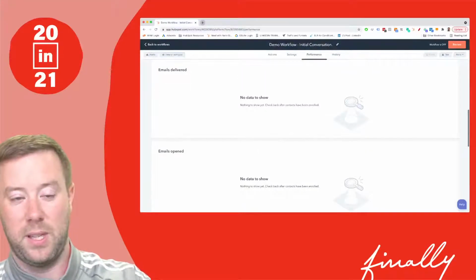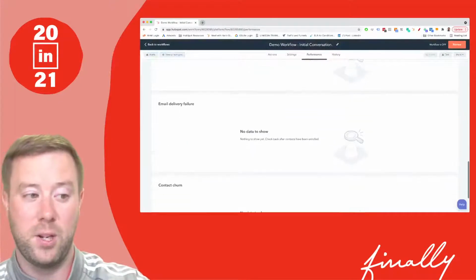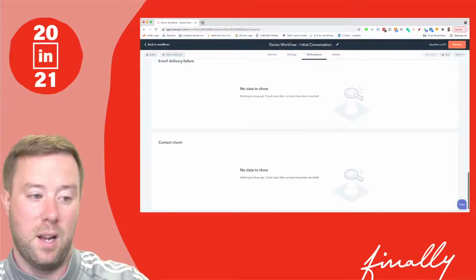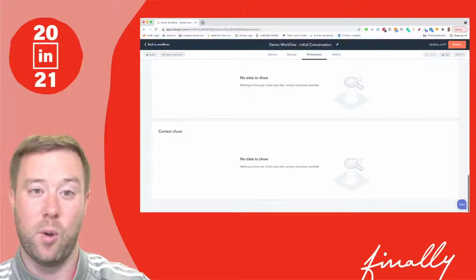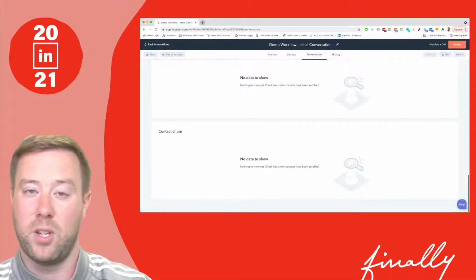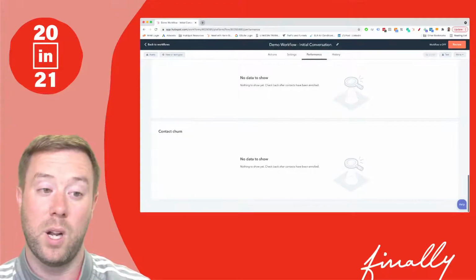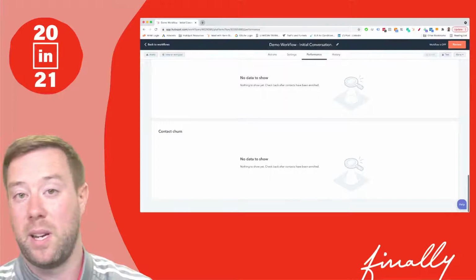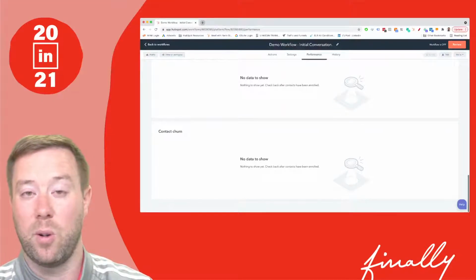Once we understand the email's been delivered, the email's open, we're going to start to get contact information here. We can understand about any failures and deal with that. And whether we're starting to lose contacts from this workflow, ultimately that would not be a good result. So we'd want to monitor the churn rate of any workflow that we're currently working, and ensure that we modify it. Maybe we're sending too many emails, maybe we're not delaying enough, maybe we've not got a good enough criteria